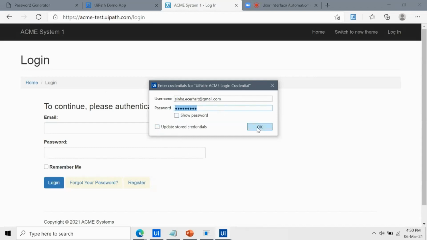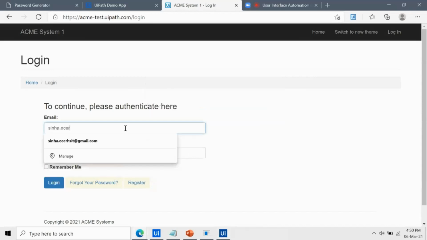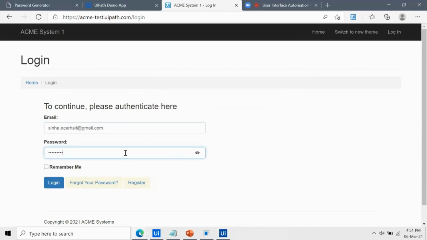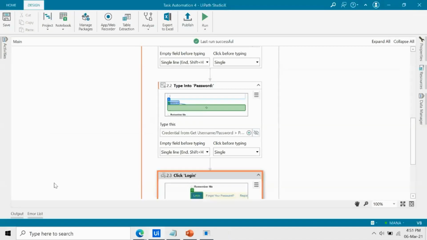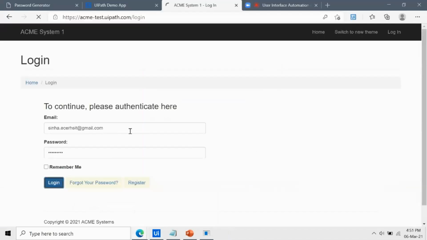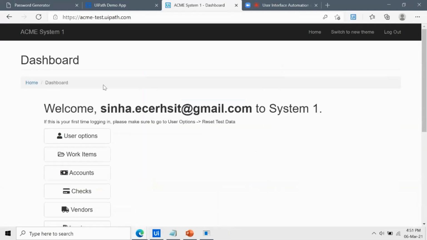Okay, so now I click OK. It actually types the username, the email and password. But we will also sometimes be looking to see whether there was a successful login or not, right?